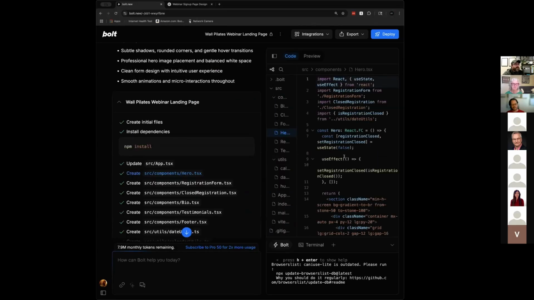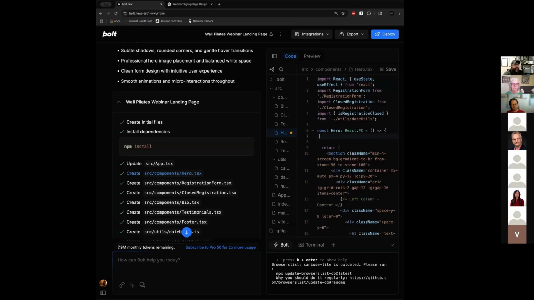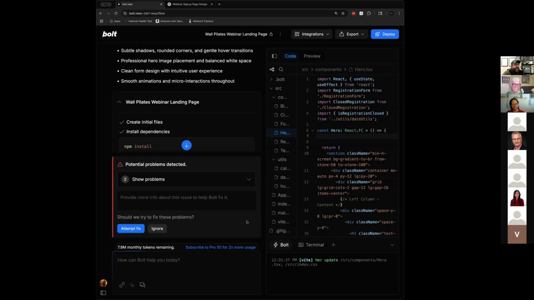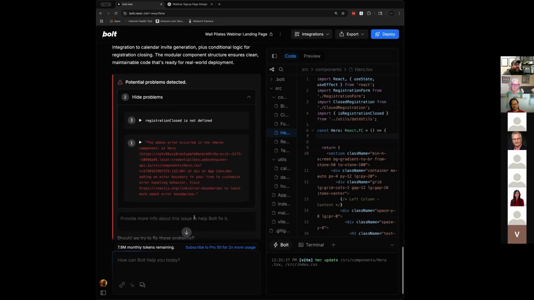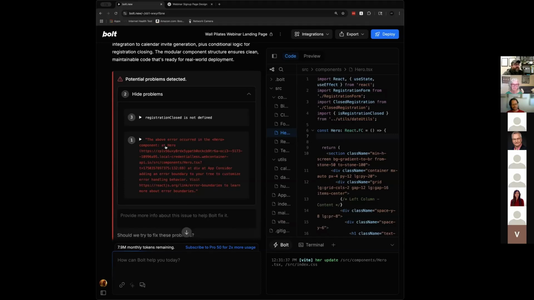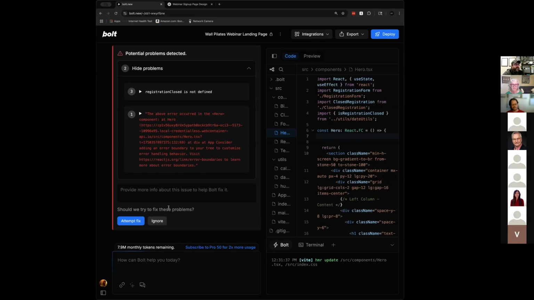So let's do something really ignorant. I'm just going to go and delete that part of that file and save it. Whoopsie. And immediately it detected that and it will show you the problems. It's like, hey, there's something wrong in hero, which is our hero block at the top of the page. It says I found this problem because after you saved it, it tries to rebuild the site. And it says this variable's not there. There's a problem. Should we try to fix it?